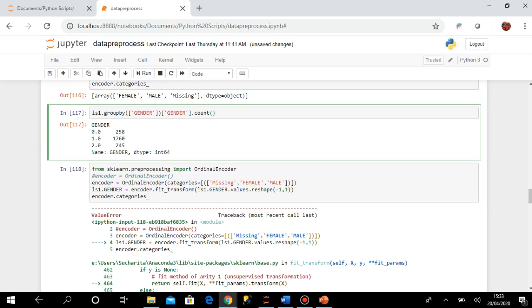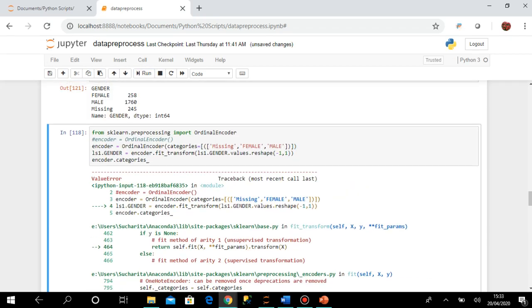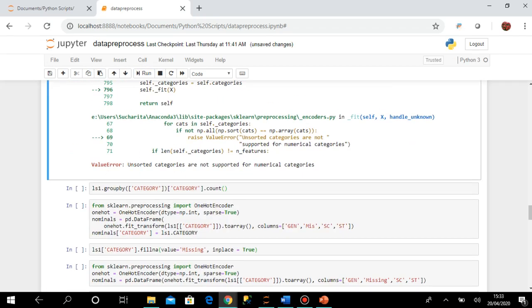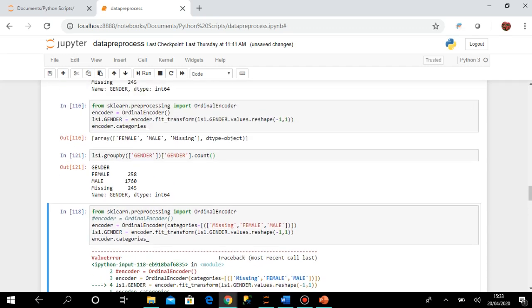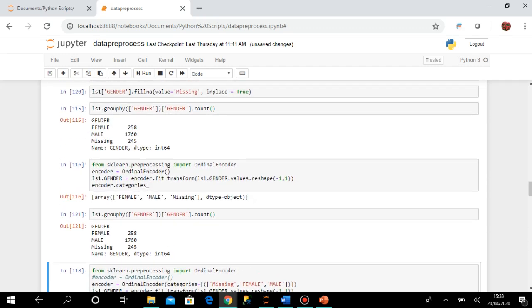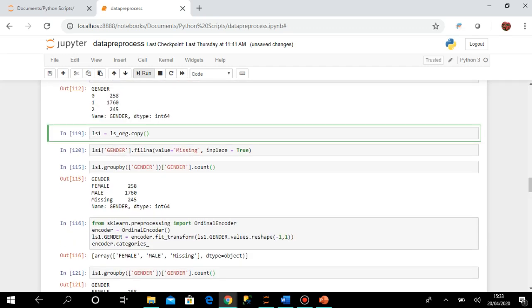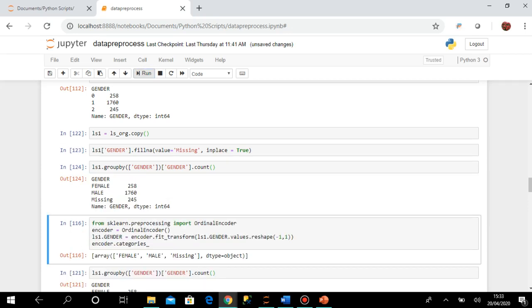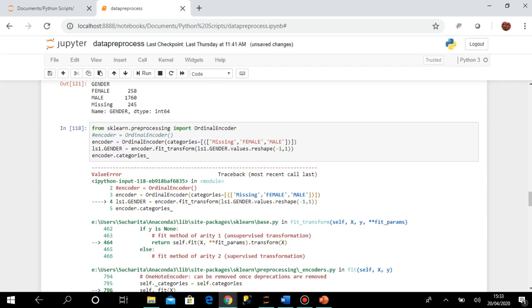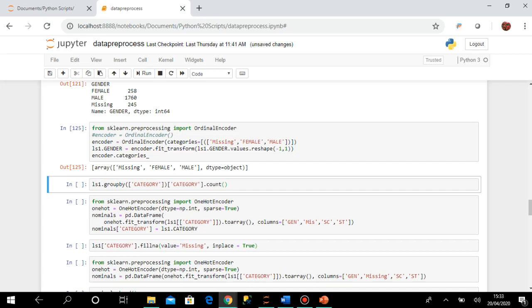Sorry, let me first execute this one. So I have these 3 groups now. Now I will go here. So I have these 3 possible categories, and now in a different order. I am sending missing, then female, then male.